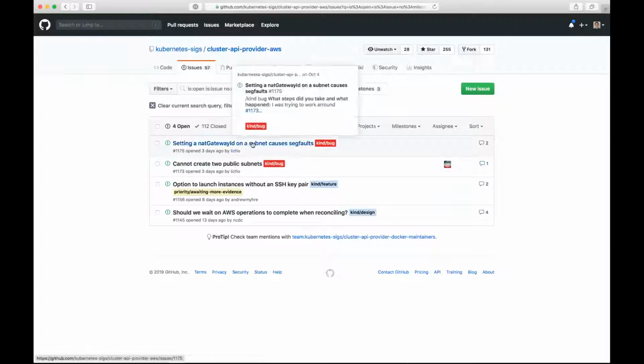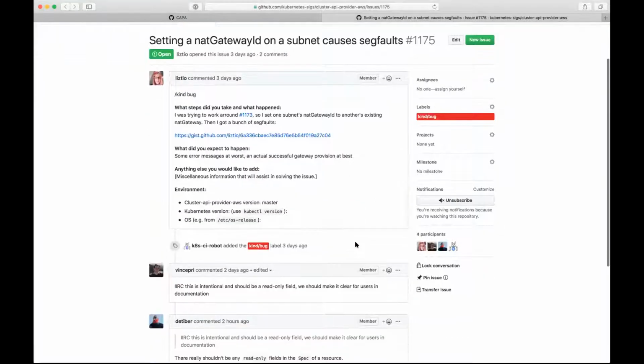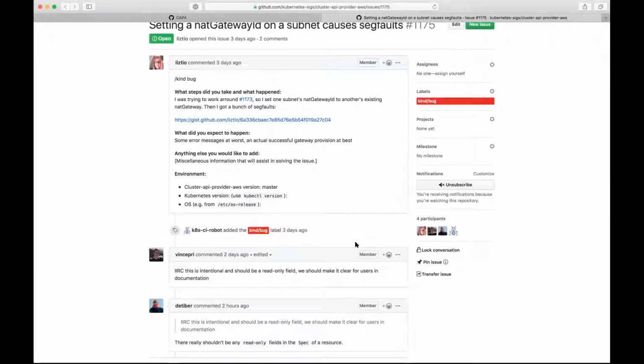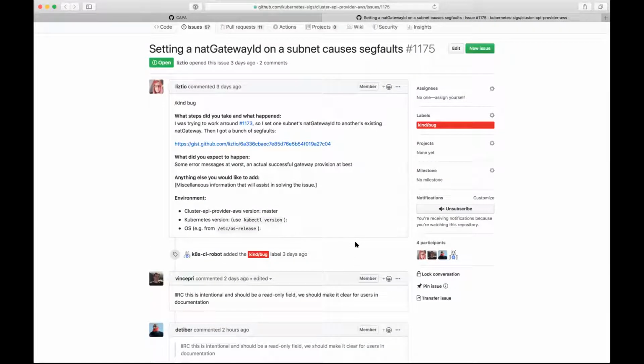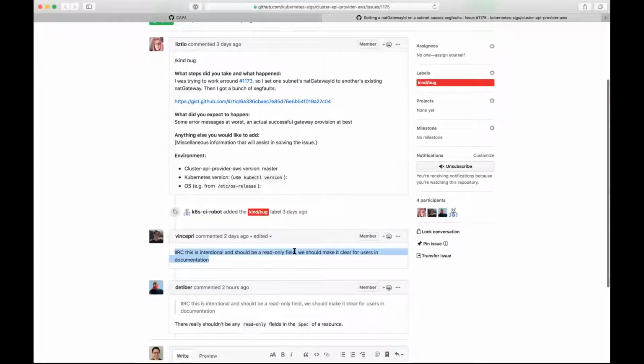And then last one, seg faults with setting a NAT gateway ID on a subnet. Probably need to fix some aspect related to this, whether we just fix the subnet, or I don't know if we need to change the API, given that there was some back and forth about a read-only spec field versus it shouldn't be.